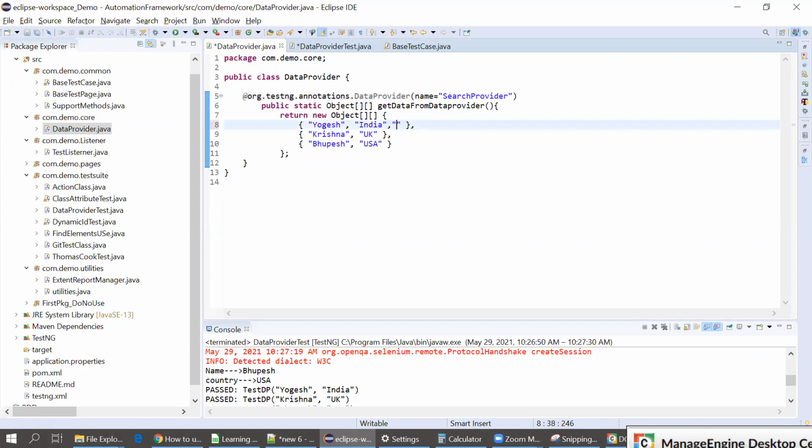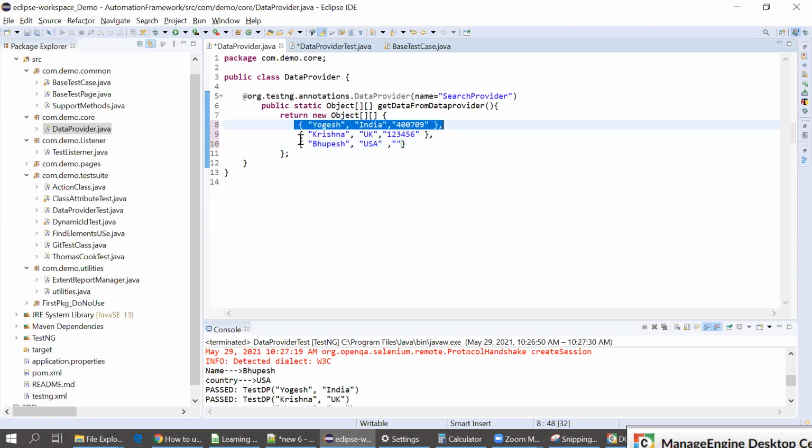Suppose I pass some pin code. Pin code means I will actually pass the value of the pin code. That's fine, no? 2D. Achha, okay. It doesn't have any connection with that. 2D means what? It will have a row and a column. I'll explain it again. I'll put some 1, 2, 3, 4, 5, 6. You can provide n number of values here because it's a row. That's why I put it in this way.